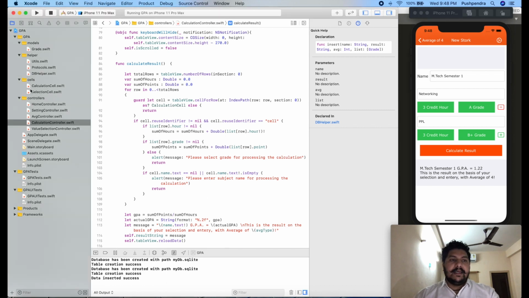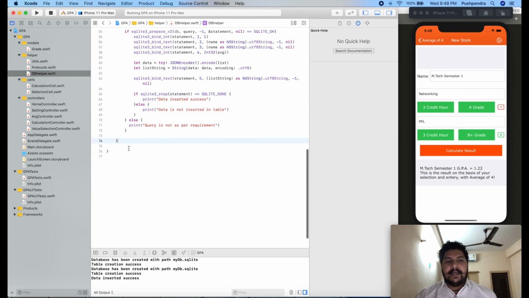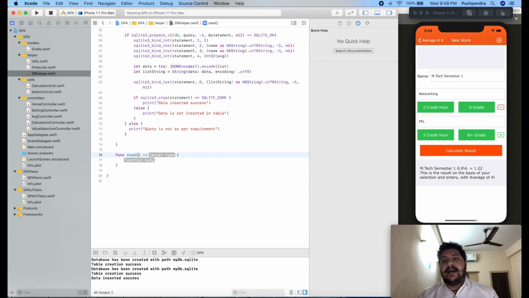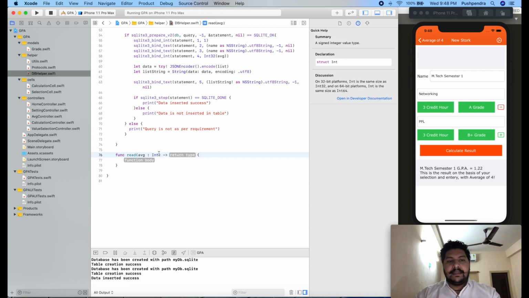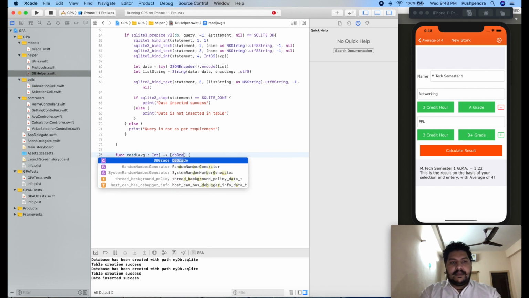So again, come back to your DB helper, and here we will write one more function, which is read. Okay, and here we will pass what type of data we want, meaning average 4 data, or average 5 data, or average 100 data. So here I will pass avg, and this is of type Int. Okay, and what type it returns, a list of DBGrade.